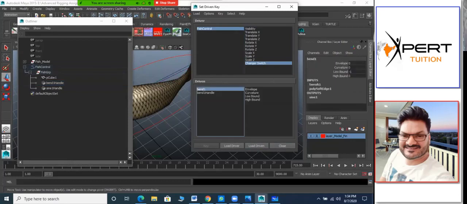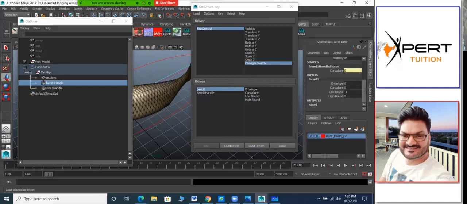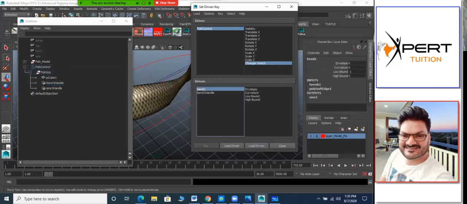So bend. Sir, for load driven, you go to that input thing, then for the high and low bound, you load that thing, and automatically it will get loaded. Just select it and click on load driven. So this whole thing will get loaded automatically. Only you need to select the deformer. Again, just see it. The bend handle I selected here, then click on bend. So this node got selected. Just load driven, so automatically it gets loaded. Once you select bend, automatically these four attributes will come. At present we are focusing on the first part, the envelope one.